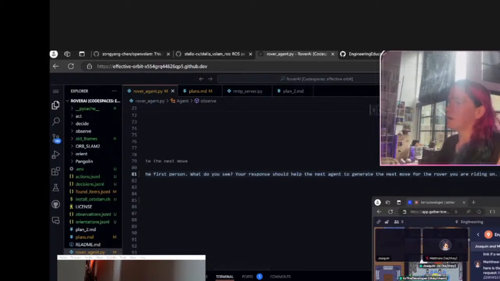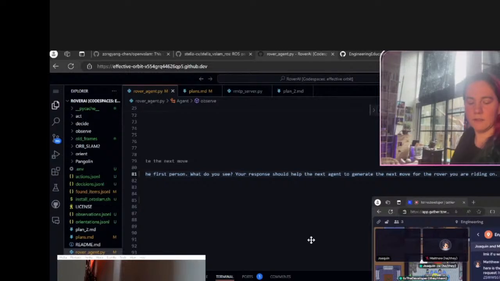Cool. All right, so now let's see if we can get the rover to get itself out of the mess that it's in. We did change a few things in the rover during one of my advanced agent engineering classes. Essentially, all right, it's getting itself out.